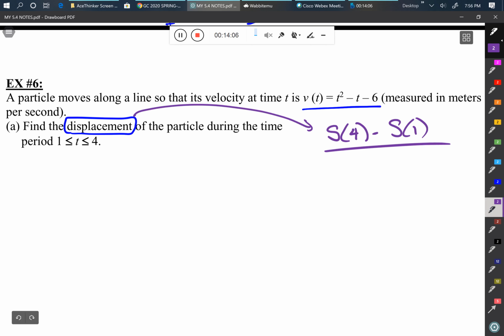Do s of 4 minus s of 1. But I don't have a position function, so I can't do that. So because I am in chapter 5, though, I'm going to make use of something that I know how to do. That is, I am going to rewrite displacement as